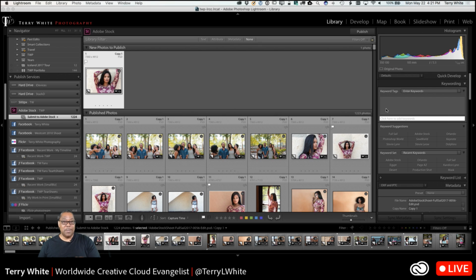Adobe Stock can now auto-detect your image, compare it to other images that it thinks are like it on Adobe Stock, and propose keywords and categories for you. So you don't have to necessarily do the manual keywording anymore. Now, here's the catch-22. If you know a set of keywords you absolutely want to use, you have a choice. Put them in here, then you're going to say, nope, Adobe, I don't want you keywording it. I want to use my own, like we always do. And it would only use mine. Or what I like to do now